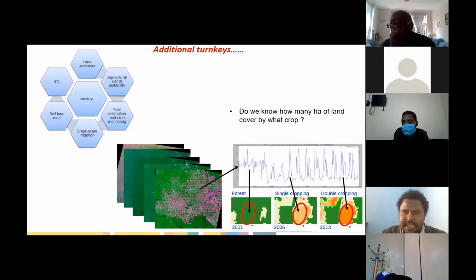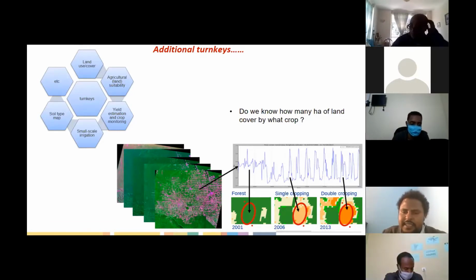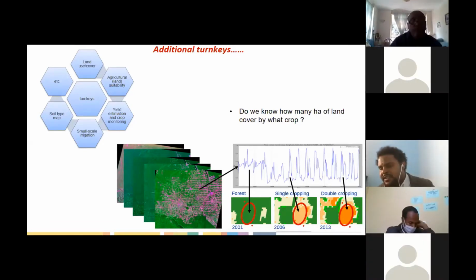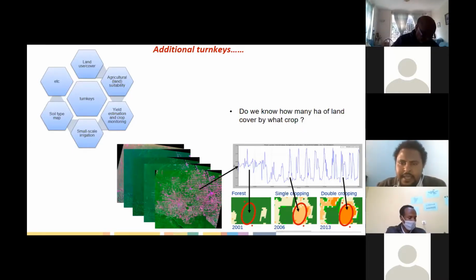For example, in this slide, as you know, the land cover map is not clear at the moment. Some of them are really old and different maps are produced by different researchers. So that's really a problem because of many factors. So the plan here is to use advanced tools to identify how many hectares of land are covered by which crops, and then that helps us to estimate the national crop yield.